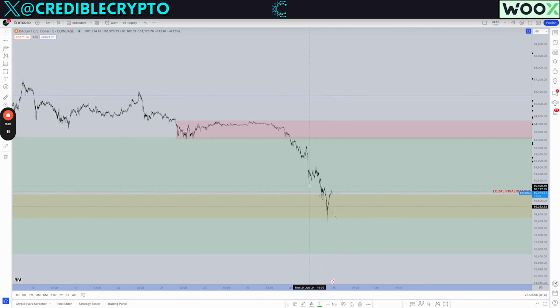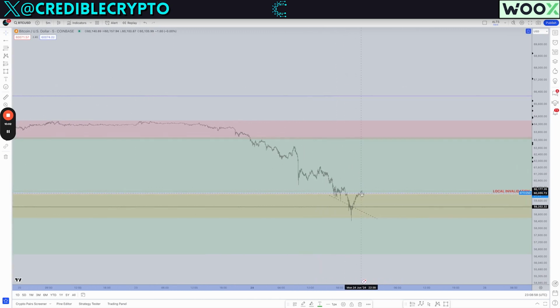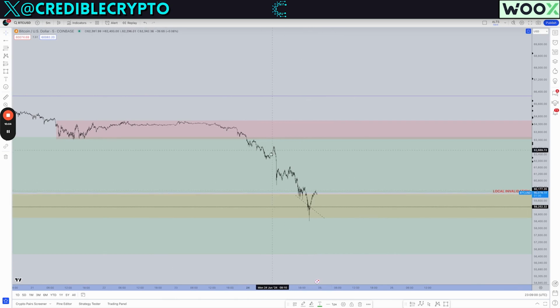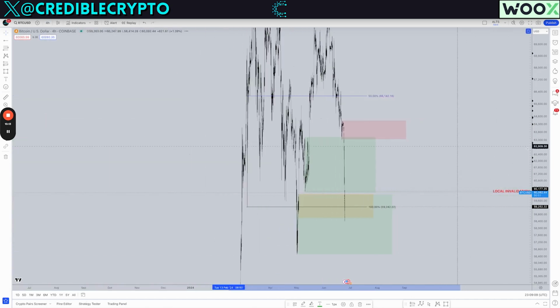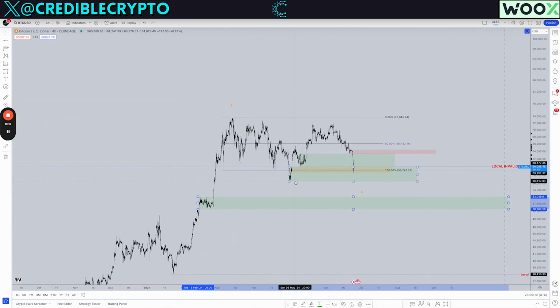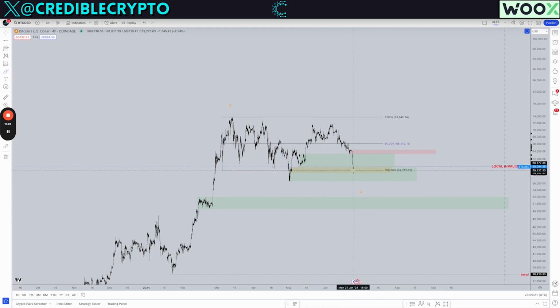Until then, any sort of move to the upside is simply probably part of this corrective structure, the same way that we get these sort of relief bounces as we go down. Until we get a clear impulse to the upside, it's likely that we're still in some sort of corrective structure. Again, if this is our bottom, if we are making a higher low here above 56K, then it's possible that even if we don't move up impulsively off this low, we are forming a bottom in some sort of a corrective structure.